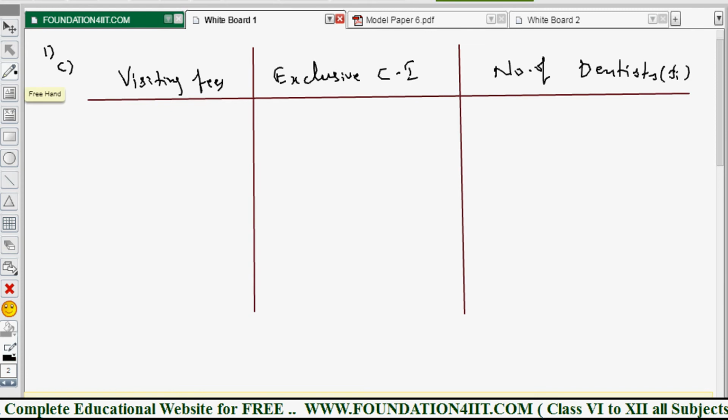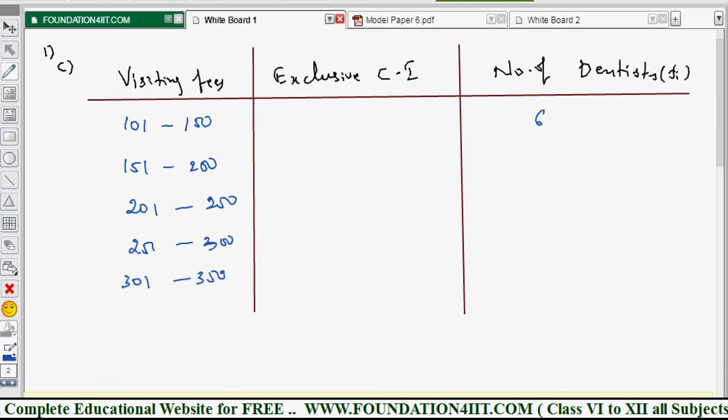So given data we should write first. That is visiting fees in rupees is 101 to 150. The number of dentists is 6. This is given 151 to 200 and 201 to 250. Okay, 251 to 300 and 301 to 350. 351 to 400,